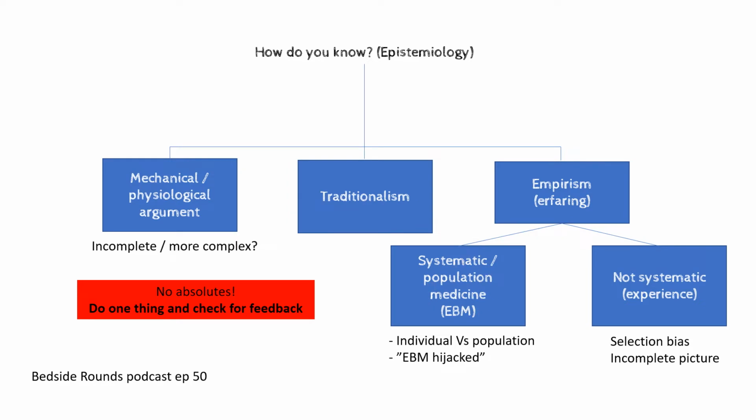Evidence-based medicine, in our podcast, we talk about the benefits and the problems with it. One of the problems is that it's population-based, but what happens when you sit with your own patient in front of you? How does this apply when 140 patients, especially if they're young and not the same population, how does this apply to my old patient in front of me with his or her values and so on?